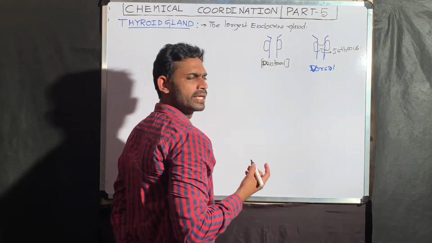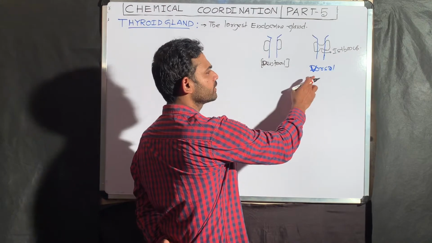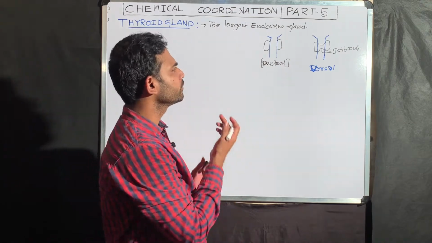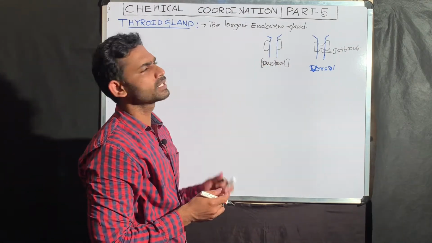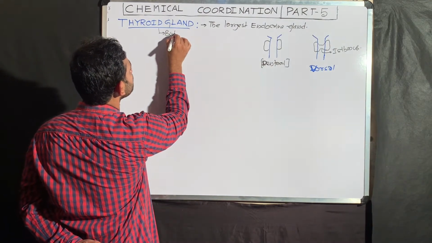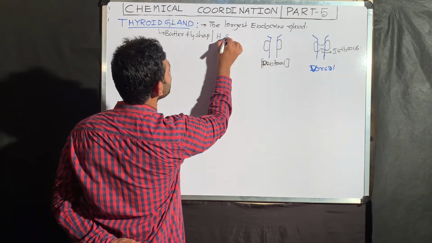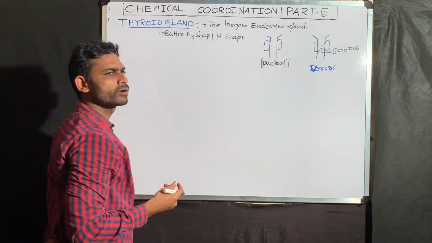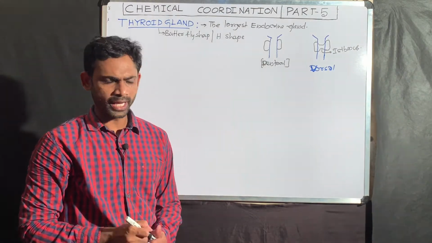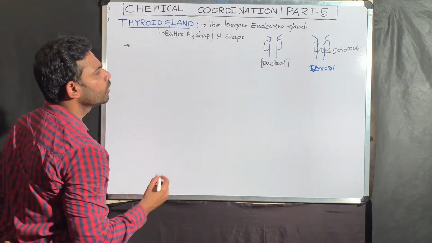Now you can understand, the thyroid gland is not two glands, it is two lobes. So in the ventral side, the two lobes are connected through the isthmus. Okay? Now you can observe how the shape of this particular thyroid gland looks. The thyroid gland looks like a butterfly shape, or you can call it an H shape. That is why you can call the thyroid gland a butterfly gland or an H gland because of its shape.